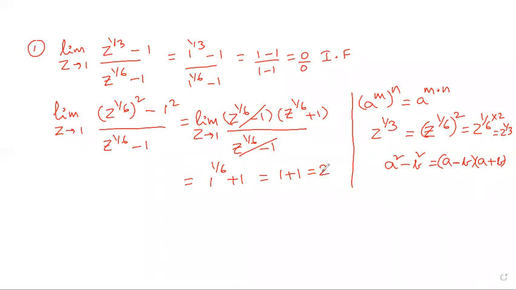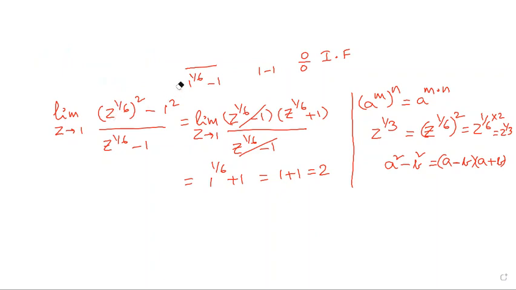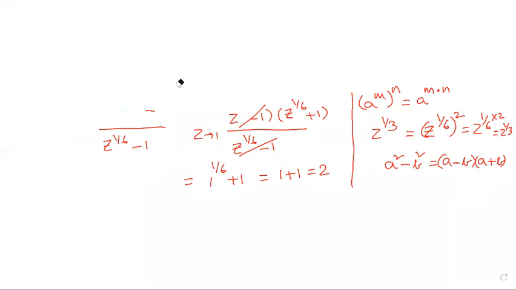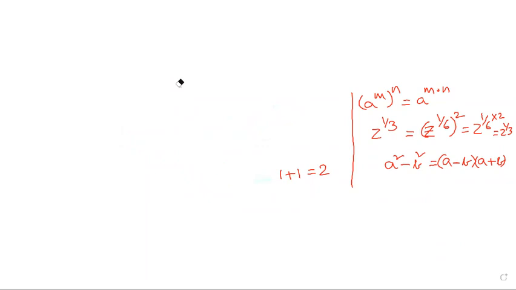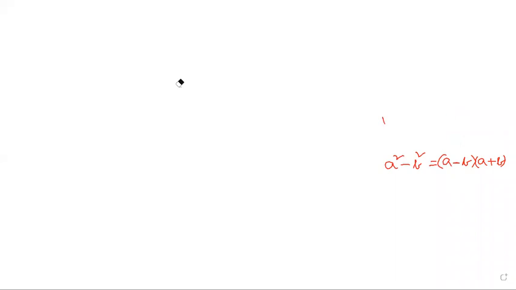I will finish all the problems and then go through my models. In my model, we are applying L'Hospital's rule. For these types of problems, without using the factorization method, we can use the binomial theorem method. The binomial theorem method is very simple. I will do this problem with the binomial theorem process first.